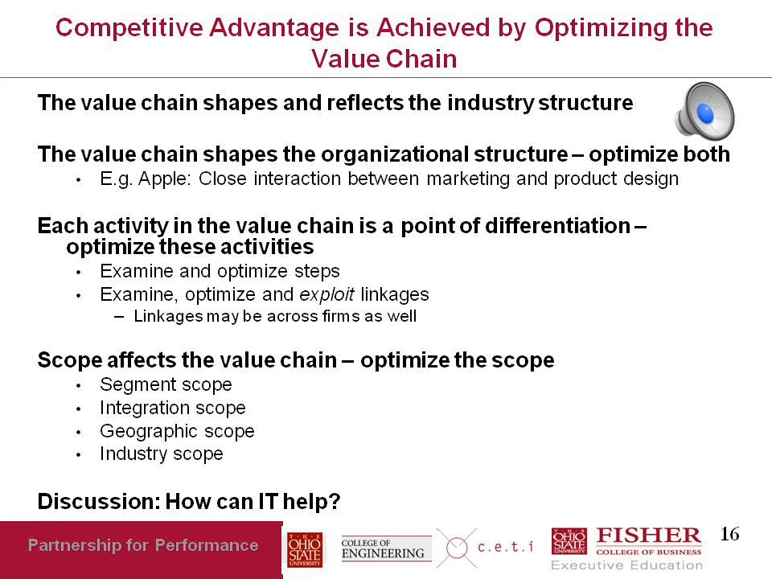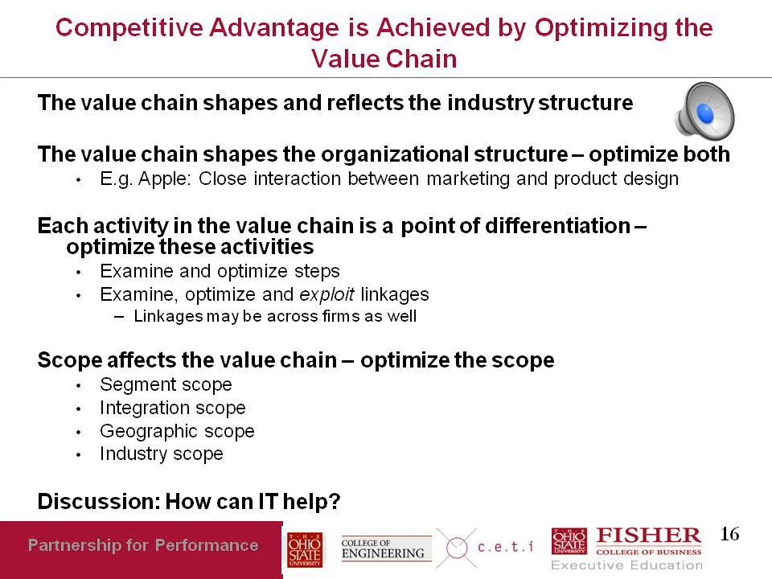All right, so just keep in mind that when a value chain is optimized, you're optimizing not only a particular activity, but also trying to optimize the linkages across activities. The next point I want to make is that scope affects the value chain. The other thing you can optimize about your value chain, or rather really about your organization, is where you